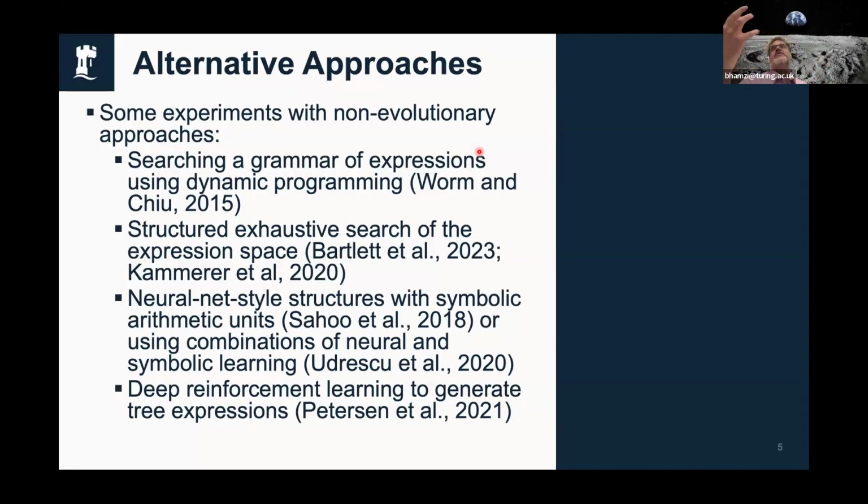So there's a lot of different approaches to this, but what unifies most of these is the focus on the whole expression. So we're trying to use some kind of candidate expression and modify or evolve that expression to fit the data.